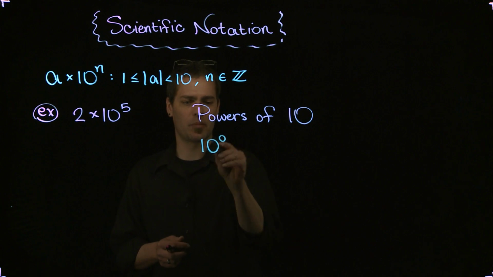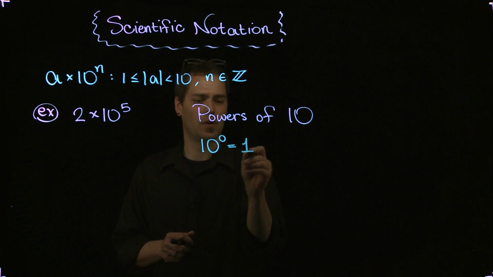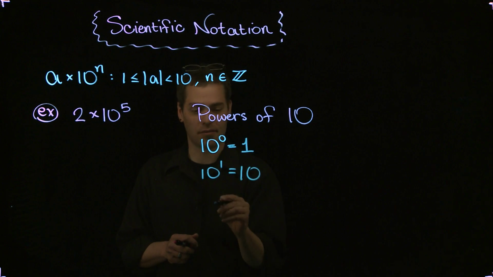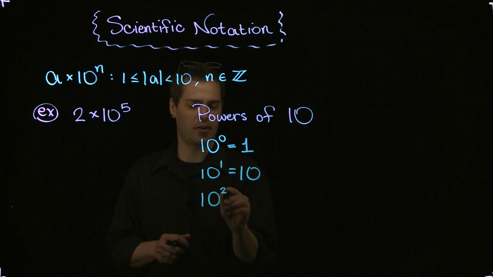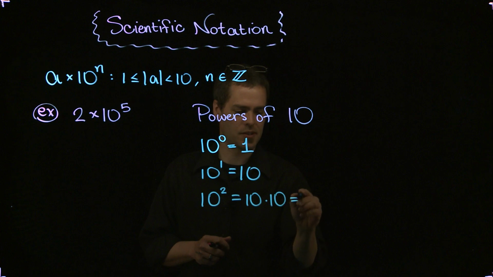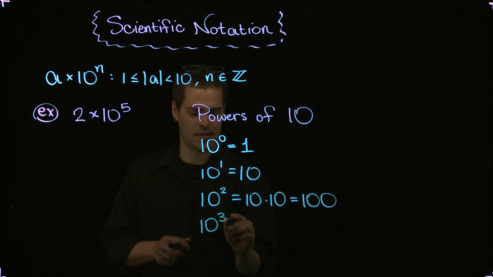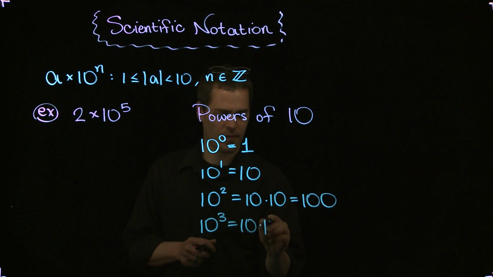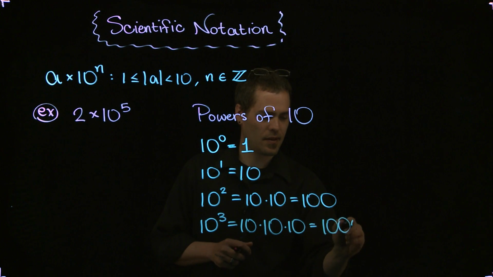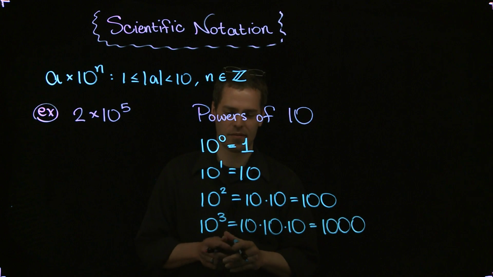Starting with 10 to the 0 power. Remember that anything to the 0 power is 1. 10 to the 1st power, anything to the 1st power is itself. 10 to the 2nd power, this gives me 10 times 10, which is 100. 10 to the 3rd power, 10 times 10 times 10, okay, which equals 1,000. And you probably already noticed a pattern here, something that's really nice and convenient about using